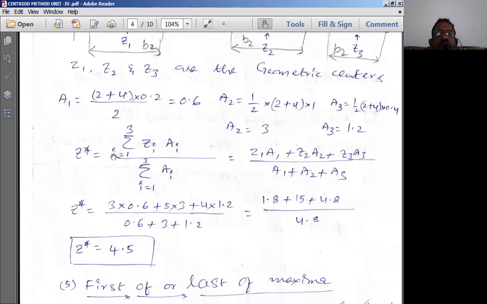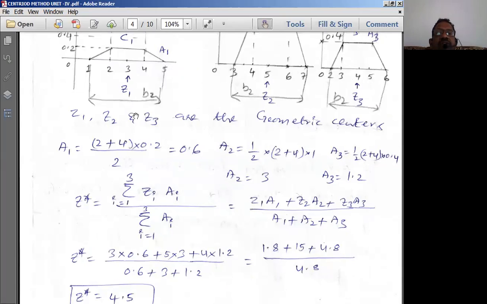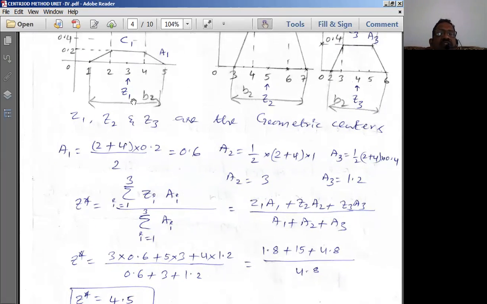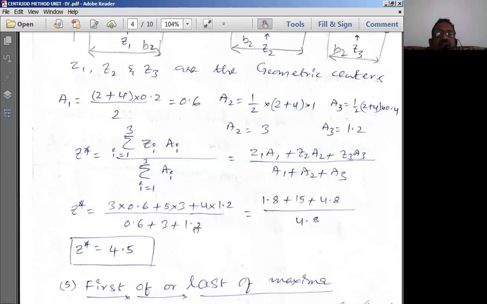I is going to vary from 1 to 3. Why 3? Because there are 3 fuzzy sets. So n is equal to 3. So therefore Z1 A1, Z2 A2 plus Z3 A3 by A1 plus A2 plus A3. So what is Z1? Z1 is the centroid of this. It is nothing but equal to 3 for us. 3 into